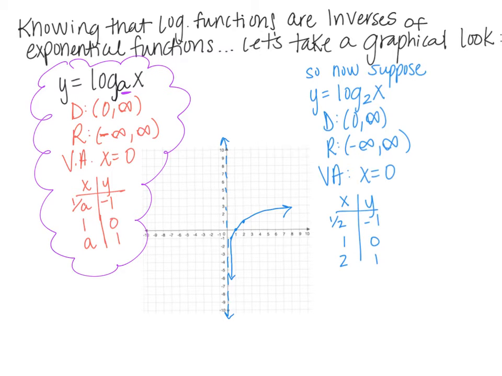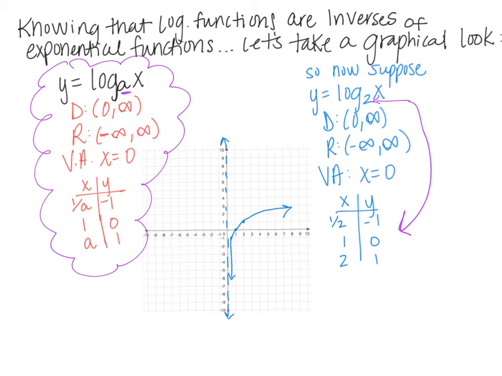So let's say that we want to graph our parent function of a log with a base 2. The domain is going to be 0 to infinity. The range will be negative infinity to infinity. The vertical asymptote will be x equals 0, so none of that changes. The only thing this base helps me do is come up with a table of values. So I'm going to have 1 over my a, so 1/2, comma, negative 1, 1, 0, and then a, so